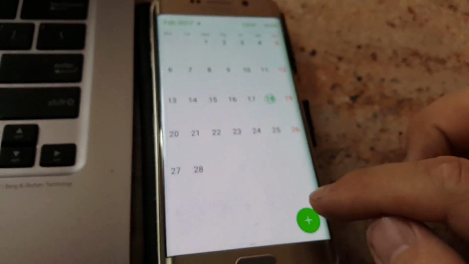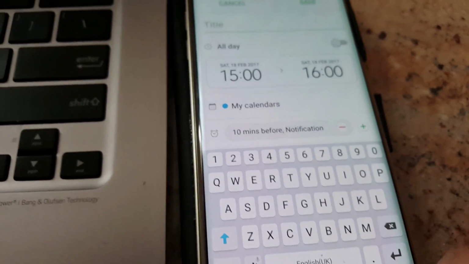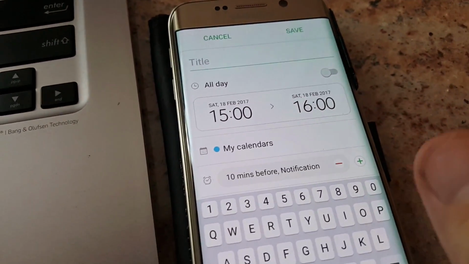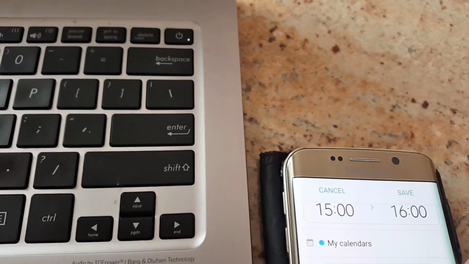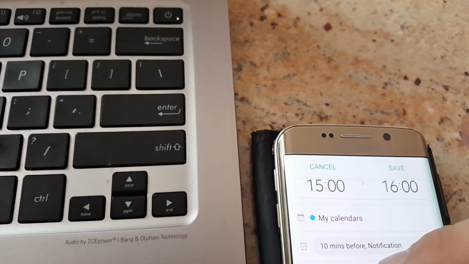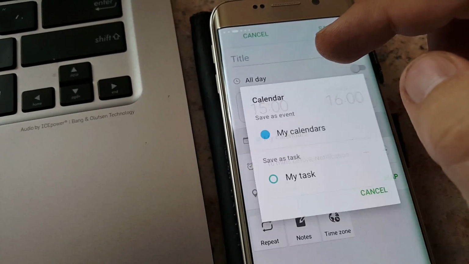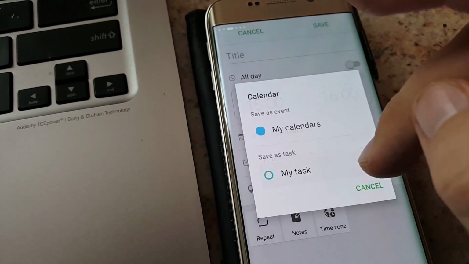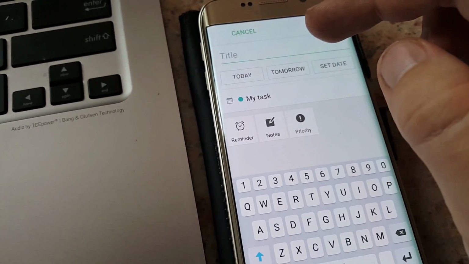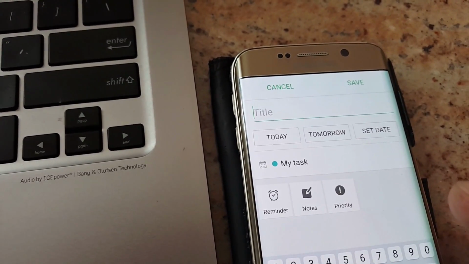So we have to create a new event, and then make sure that this is going to happen today, and the event should start. And also here's the location and time zone, everything here. Okay. So make sure that you have a title here. Also as a title you can